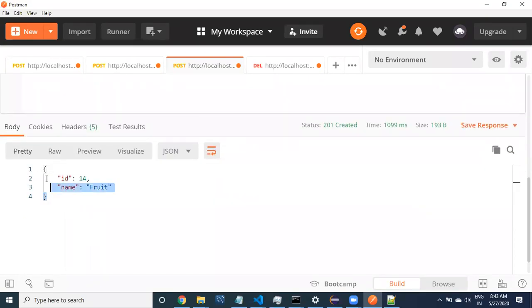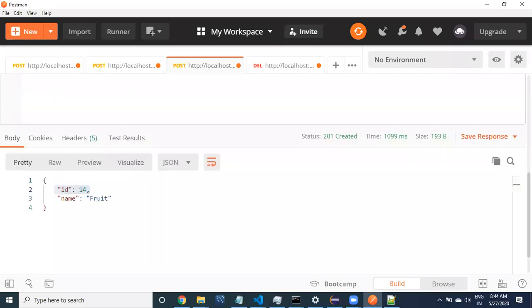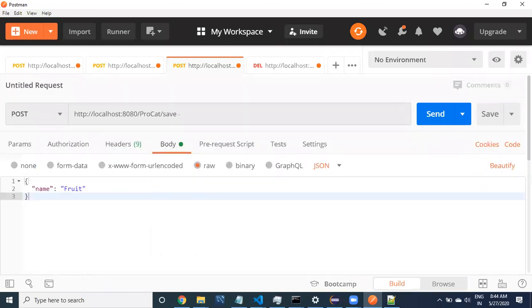See here what information is available. ID equal to 14. The ID can be anything, you don't need to worry about 1, 2, 3. It may not be in sequence, but we are going to get unique IDs. Don't worry that the sequence is not there and it does not start with 1. Why? Because we are not going to show any IDs to the user. We are going to use the IDs for programmatic purposes only, so the IDs can be anything. Now I have created one.